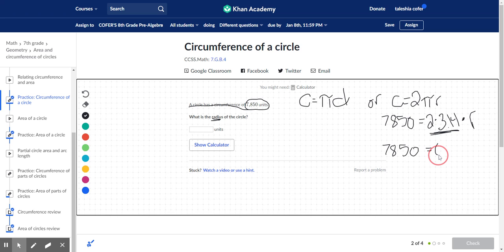times r. I need to get the r by itself, so I need to do the opposite of multiplication because that's what they're doing here. I'm going to do division. I'm going to divide both sides by 6.28. This will cancel out, and I'm left with r is equal to, let's use this calculator here,